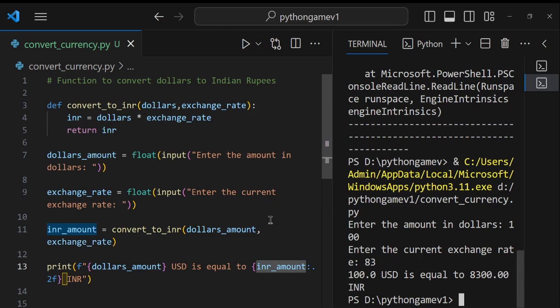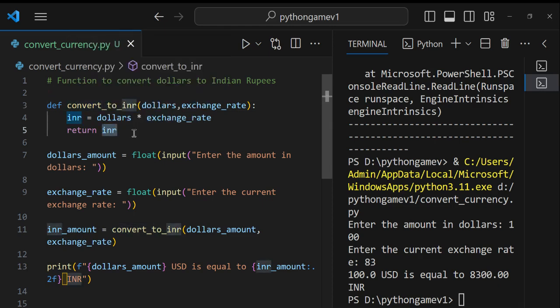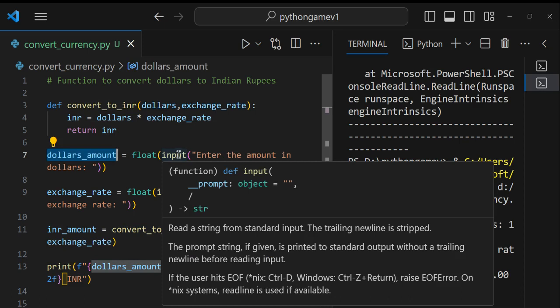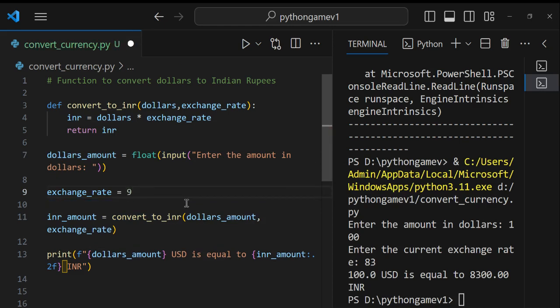So this is how we are planning it. We have to write a function and that returns the result. We'll use the logic there. What is the aim of this function? To convert dollars to INR. So what is the logic for that? We multiply with the exchange rate and return it. Here we get the input from the customers. In case you don't want input from the customer, we can specify it statically here. So next